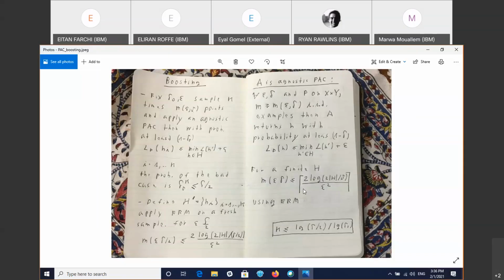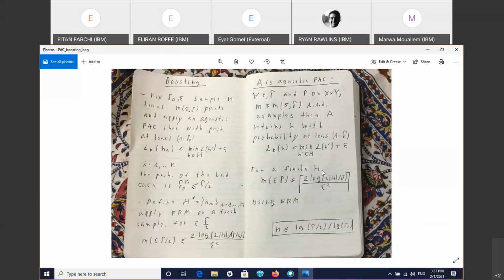Now, another concept here is the ERM, which means that I'm looking at the training set, the endpoints that I've sampled, and I'm picking the hypothesis that is best for those endpoints. If the hypothesis set is finite, then it's a finite procedure to identify that particular hypothesis that will give you the best result.